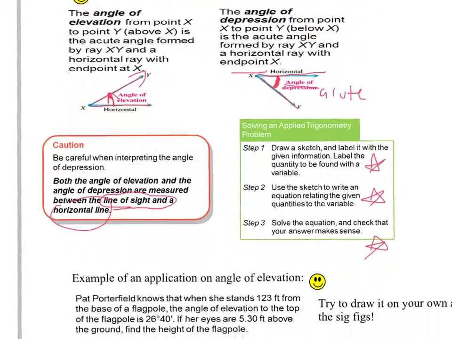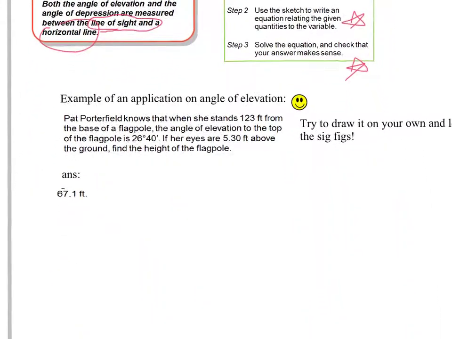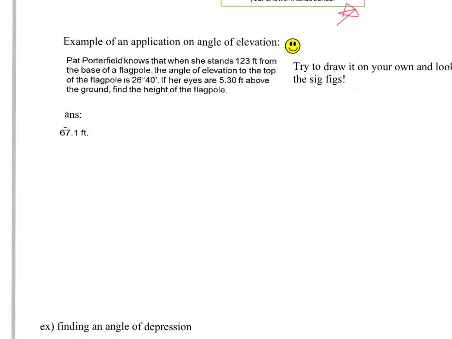Okay, let's scoot this on down. Here's an example of a classic angle of elevation problem. Okay, you even have the answer there, but I'm not so concerned about the answer as I am about the work. So Pat knows that when she stands 123 feet from the base of a flagpole, so right away, you're drawing the flagpole, okay, she's 123 feet